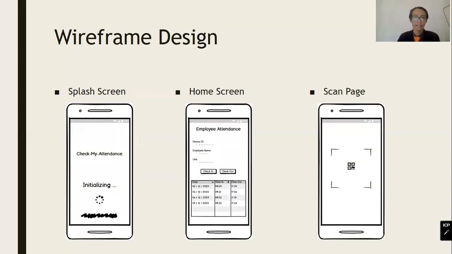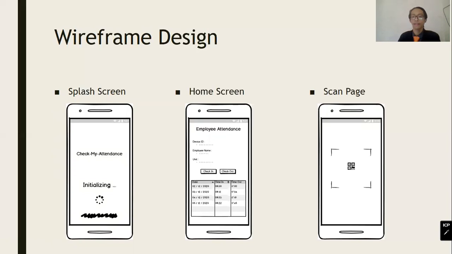And here is the design of my application. As you can see here, this is the splash screen, which will show up first when the user opens the application. And this is the home screen. The home screen is basically the main page of this application, which shows the device ID, the employee name, and the unit they are in, as well as the timesheet of each day.